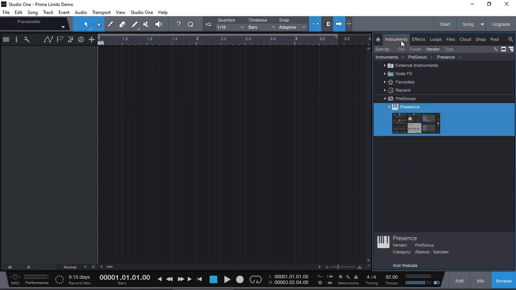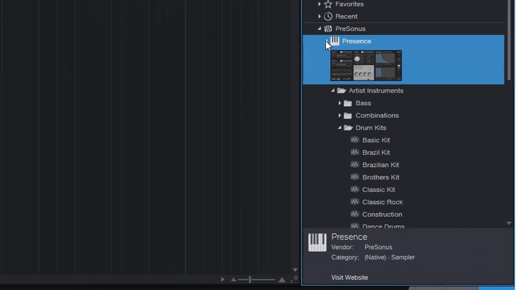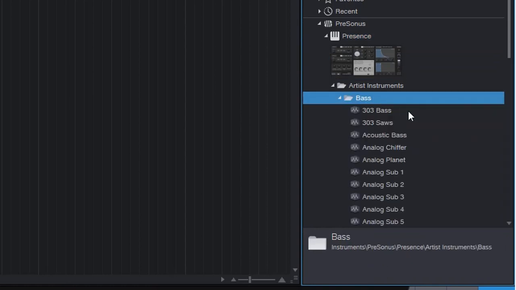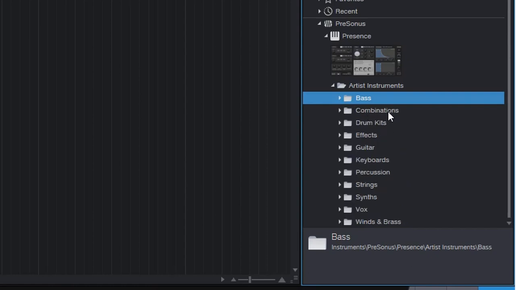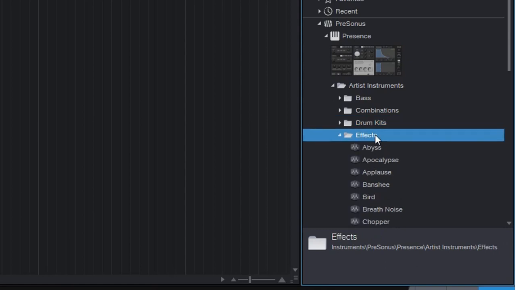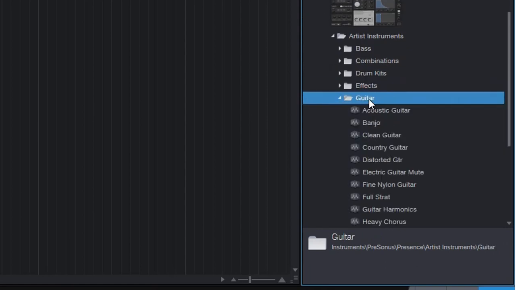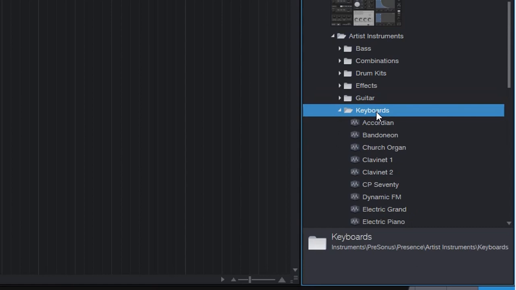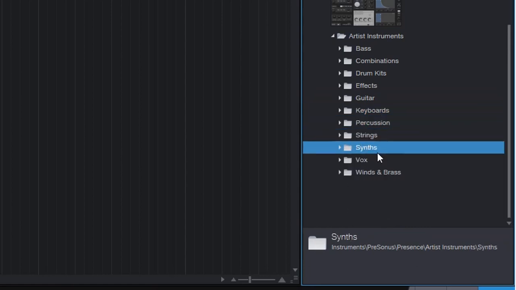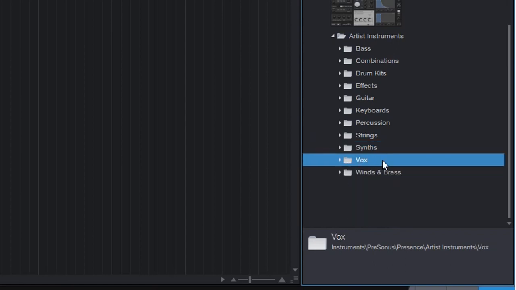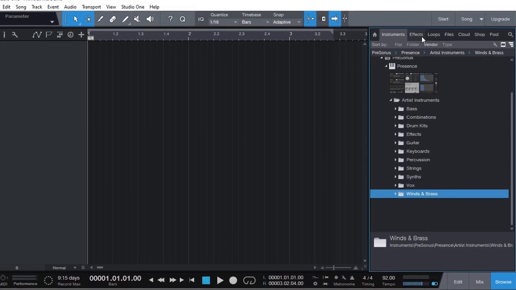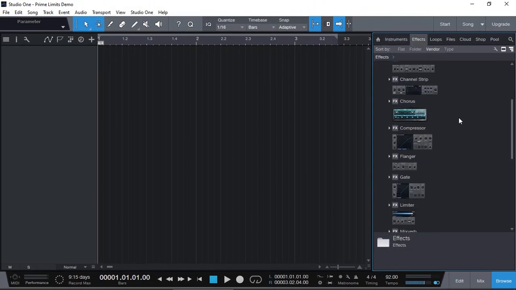As a VST instrument, you have Presonus, and in Presonus, it comes with lots of different instruments like bass, combinations, drum kits, effects, guitar sounds, keyboards, percussion, strings, synths, vocal effects, wind and brass instruments, as well as some plugins,